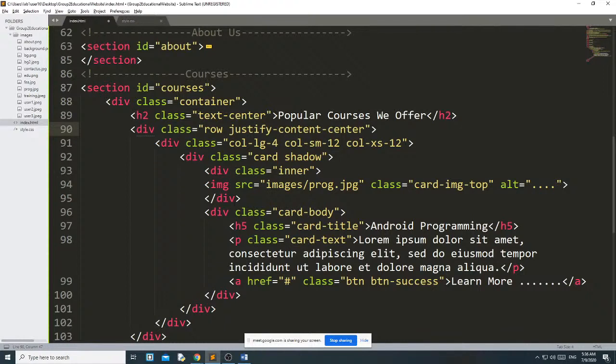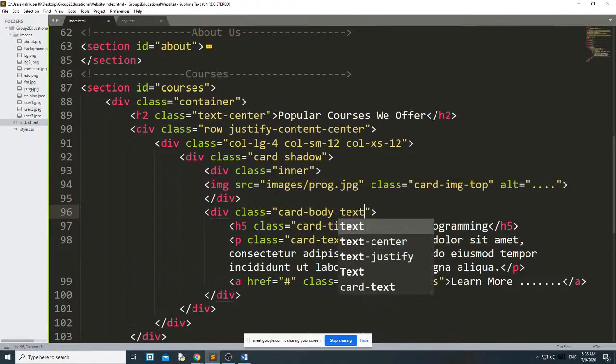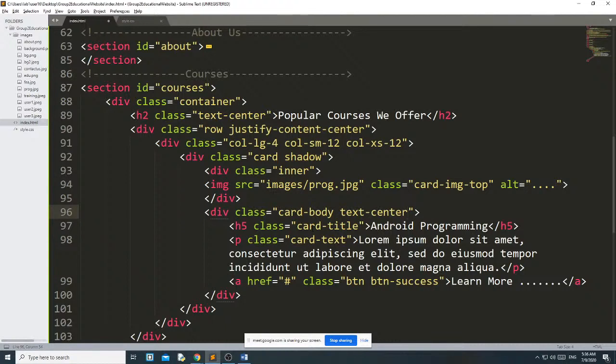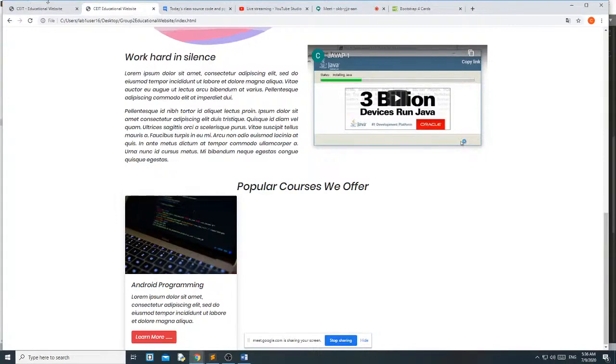Okay, then this H5 and P, I want these to be in text center. That's why here card-body text-center. Okay, now we will see the changes.